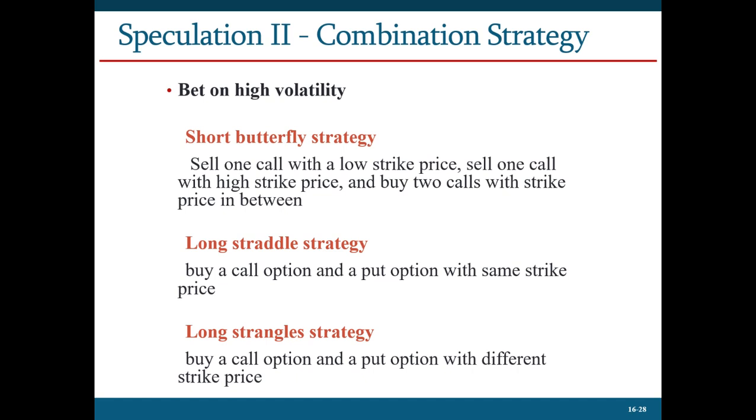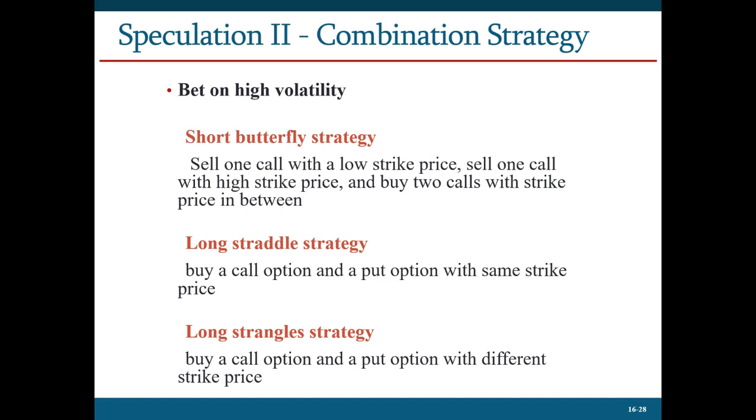You just know that the results will be revealed tomorrow. Either it will go through or it will fail. But the two scenarios will generate very, very different payoffs. It's a very risky scenario. So in this case, how can you make money as an investor if you don't know the direction at all? A very traditional strategy will not allow you to make a secure gain, but a combination strategy using a combination of options can achieve that goal.